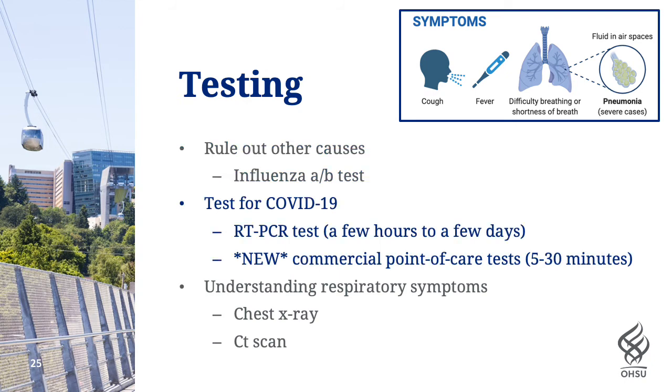The type of screening that is done here at OHSU is traditional RT-PCR. This is a test that looks for the presence of viral genetic material. This test traditionally takes anywhere from a few hours to a few days, depending on an institution's resources. Because these tests are labor and time intensive, they are often run by staff scientists whose sole job is to analyze these samples. Now, recently, a couple of companies have come out with new point-of-care tests. These tests also look for viral genetic material in a patient sample, but they don't require specialized training. They can be done rapidly in the hospital, allowing doctors to proceed much more quickly with quarantine measures and treatments.